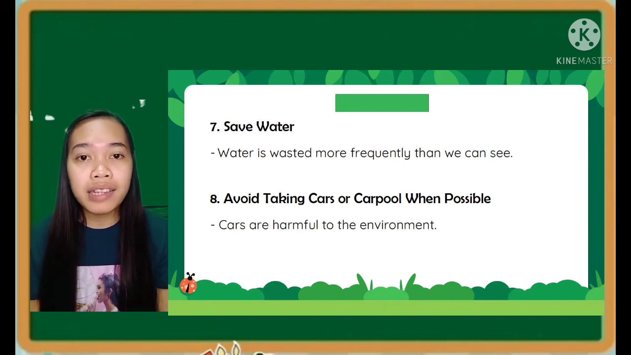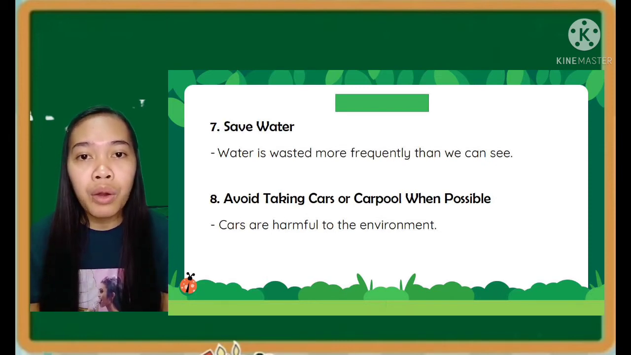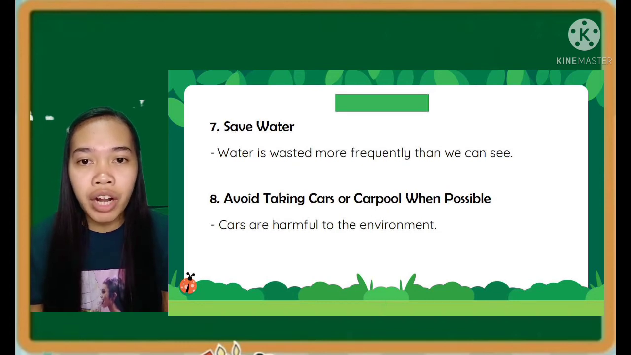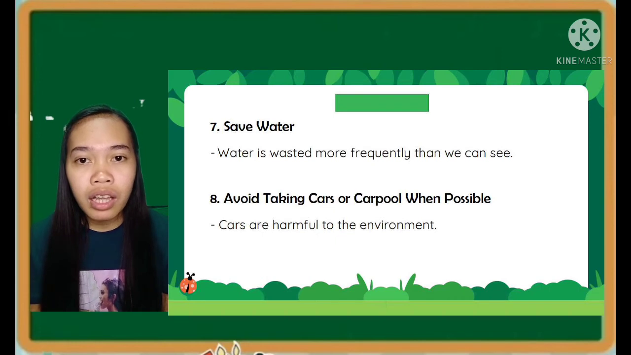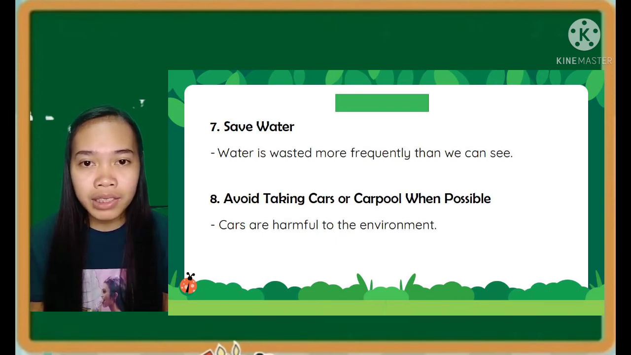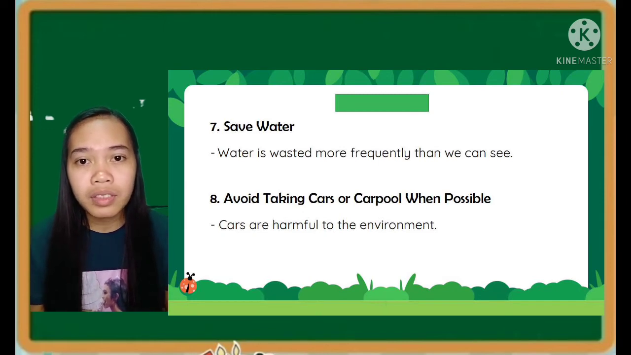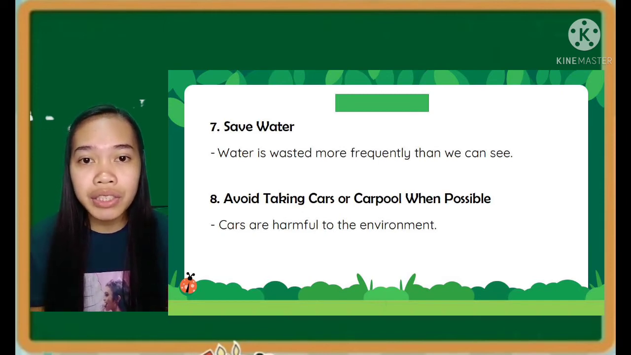8. Avoid taking cars, or carpool when possible. Cars are harmful to the environment. Taking public transportation, walking, or riding a bike to class are better options that help the environment and your budget, as well as getting some exercise. If you do need to use your car,